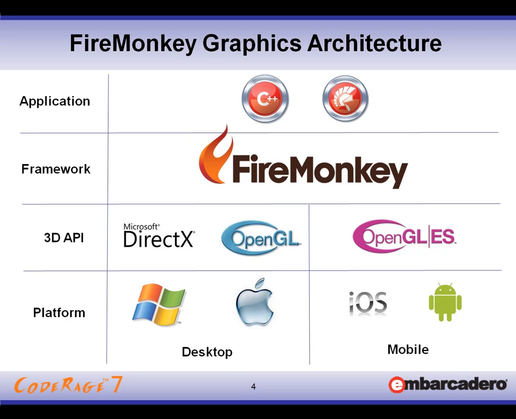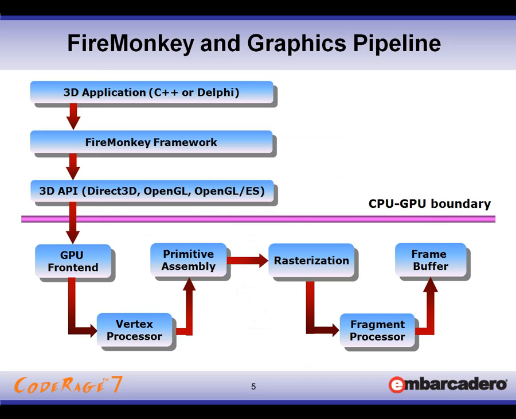So for XE3, we are going to focus on just desktop applications, both Windows and Mac, making calls in a cross-platform way, so you don't have to even know to which platform you are going to compile your code, it is going to be the same. How is this possible? In fact, FireMonkey